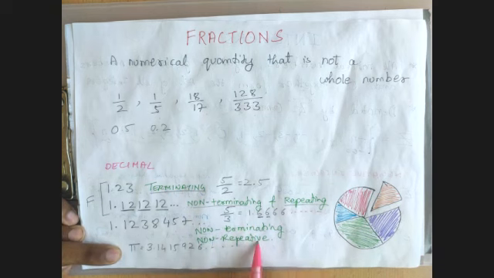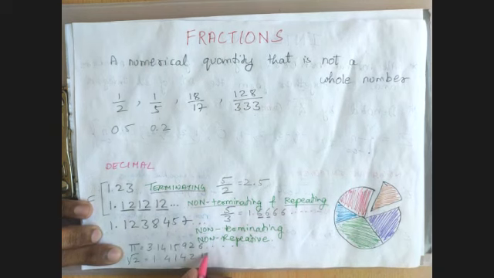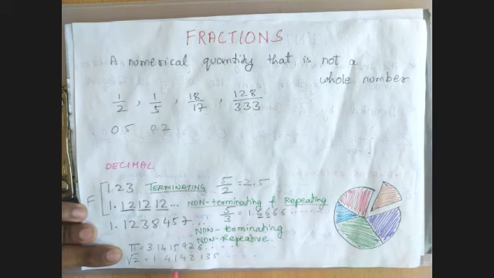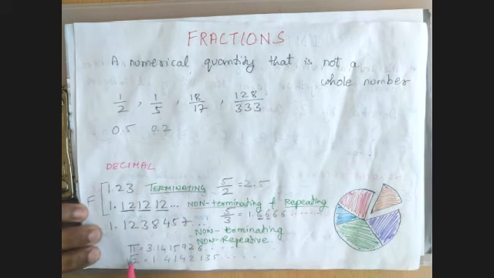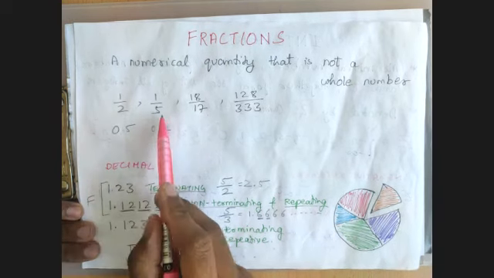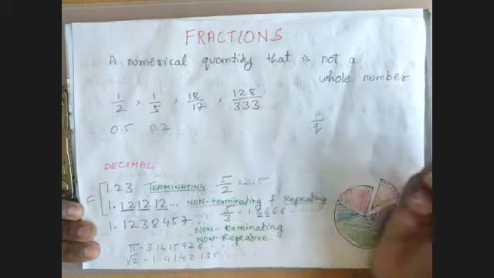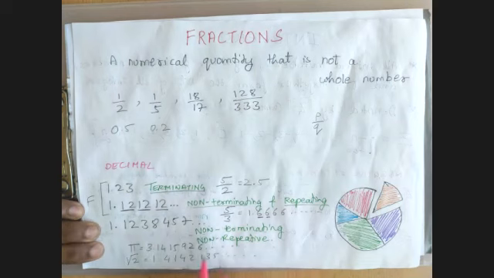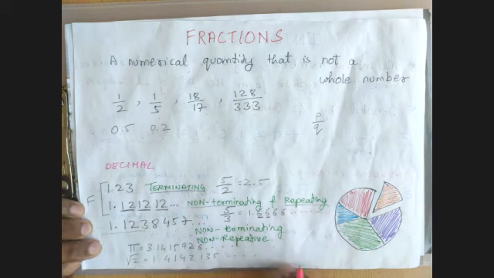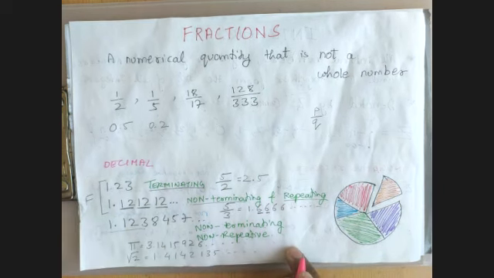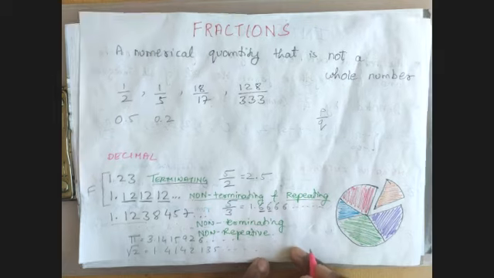And we have the value of root 2, that is 1.414213, etc. It goes on. So we can see that the sequence is not repeating. All these numbers we cannot express in terms of fractions, that is, in the form of p by q. So this type of decimals cannot be considered as fractions, but these are considered specially and they are called irrational numbers.